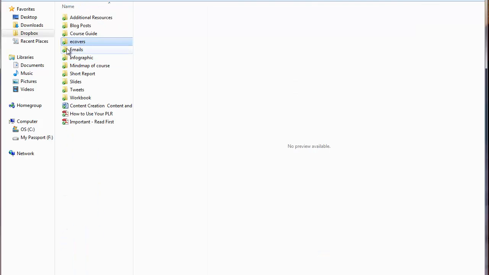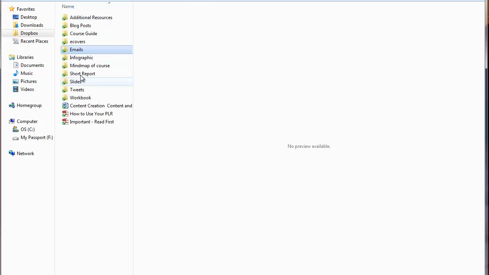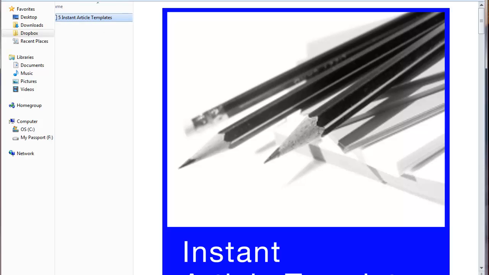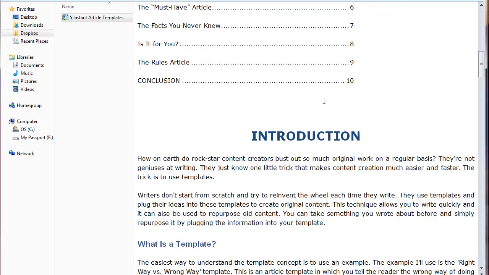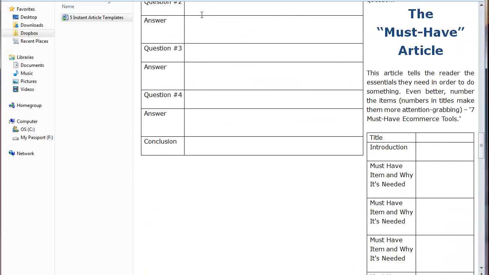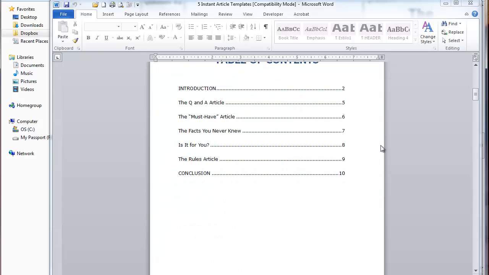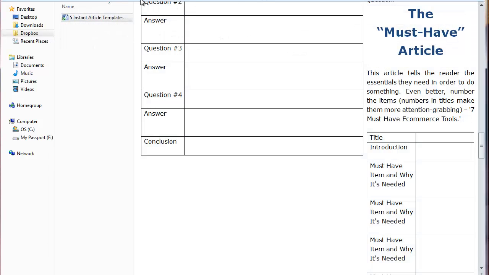Let's go through each of these now. There's emails, so following up, let's look at the short report first. There's a short report that you can use as a giveaway that has more article templates in it. So that you'll fill in your website or logo and then be able to give this away, and it has articles. So people will already get a giveaway where they'll come away with some pieces of content, which is a great pre-sell for you for the whole course. Now let's go back up.